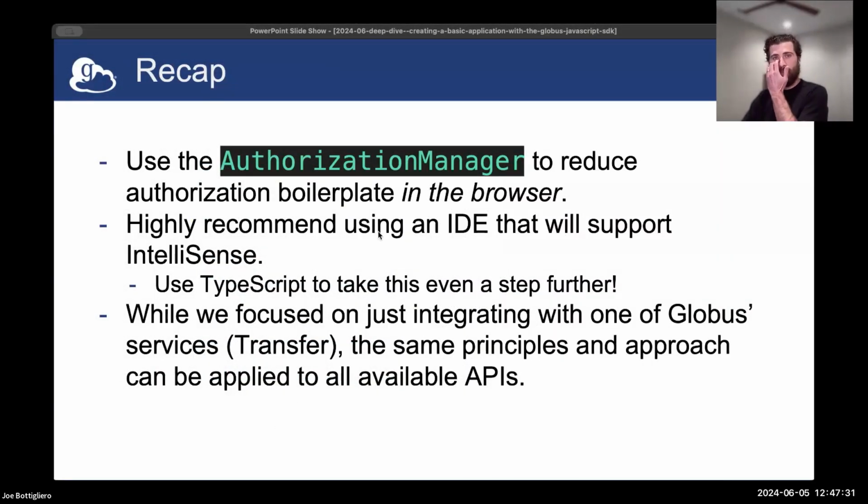So just a quick recap as far as what we built and what recommendations I have for how to use the things that we were interacting with today. Use the authorization manager to reduce boilerplate in the browser specifically. One of the things we didn't talk about today was the fact that you can use the SDK in other runtime environments. So you can use the SDK within Node, Bun,